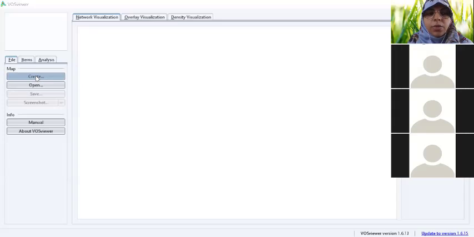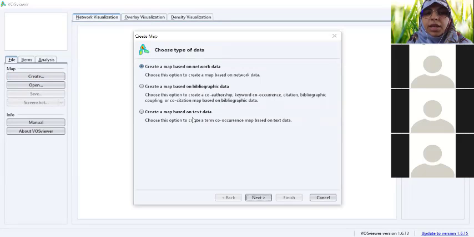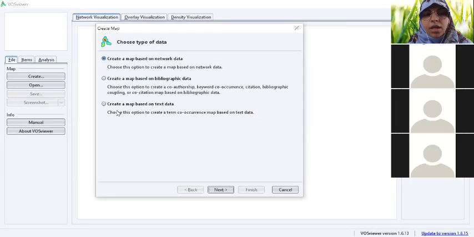Now you go to create. There are many things that you can create, so you will do them one by one, and then you can save the image, and after that you can analyze the image. You click on create, and then you select number 2, because we do not have a map or network data, but we have the data from Scopus, the bibliographic data. So we will click on number 2. Then next,